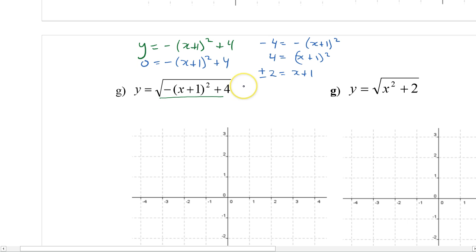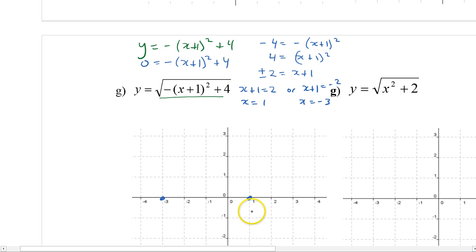I can get x plus 1 equals 2. I'm just switching the order here. And I can also get x plus 1 equals negative 2. So when I subtract 1 from each side, I'll get x is equal to 1, and here I'll get x is equal to minus 3. So I've got a 1 over here, and I've got a minus 3 over here. And now, because it's a negative, I know that the graph is going to